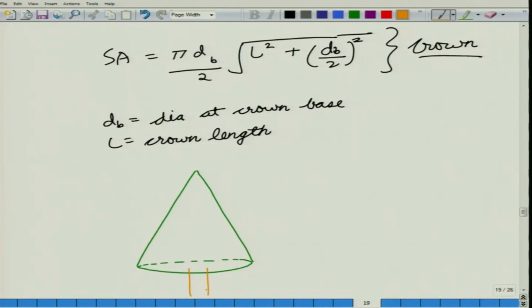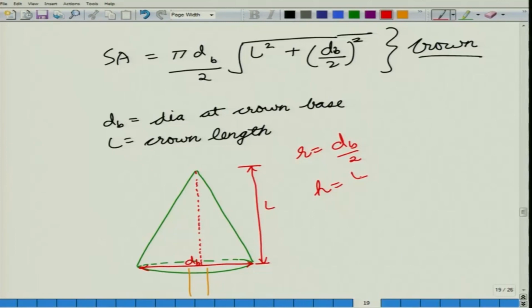So essentially this is your tree. Now in this cone you have the diameter at the base as dB and your crown length is capital L. So now if we do a perpendicular here, in this cone we have the radius equal to dB by 2 and the height is given by capital L. So what is the lateral